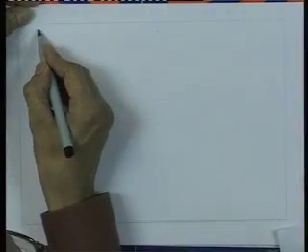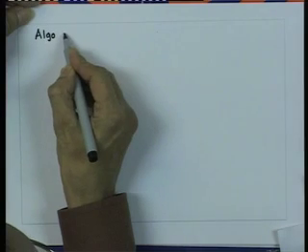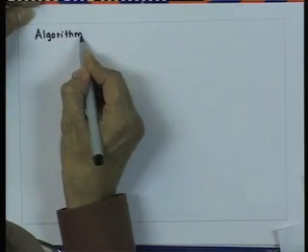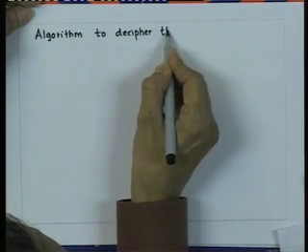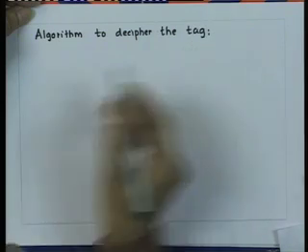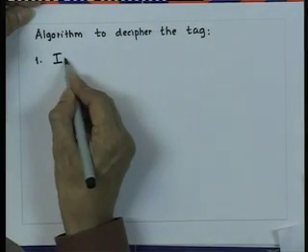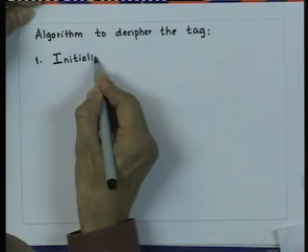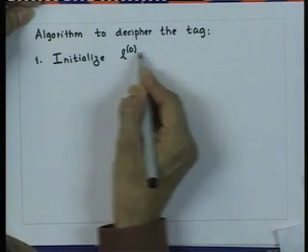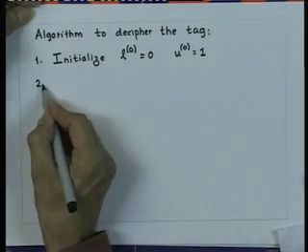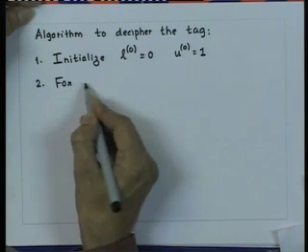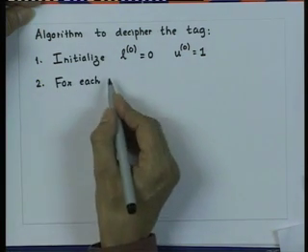So, in short, we can summarize the algorithm to decipher the tag as follows. First, initialize L0 equal to 0 and U0 equal to 1. For each k,